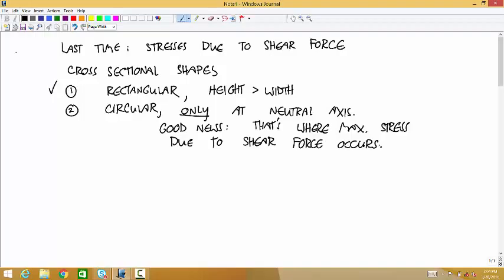That's not saying that that's where the maximum stress occurs, though, because if there's also tension or compression or a bending moment, the location on the cross-section where the maximum total stress occurs, for example, there's no reason that it has to be there generally. But if you're only worried about the stress due to shear force, then that's where the maximum shear stress due to shear force occurs. Okay, so